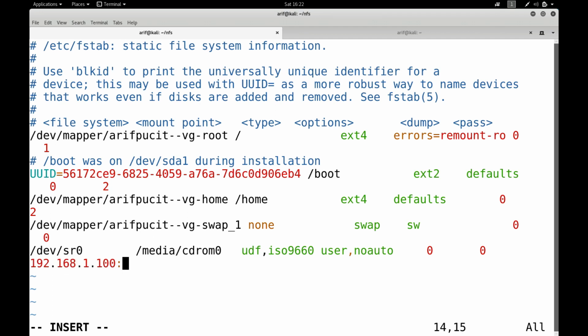192.168.1.100:/var/nfs/my_shares_1. So this is actually the file system to be mounted. It may be a device name or maybe a label. Then we put a space and then we write down the mount point: /home/arif/nfs/